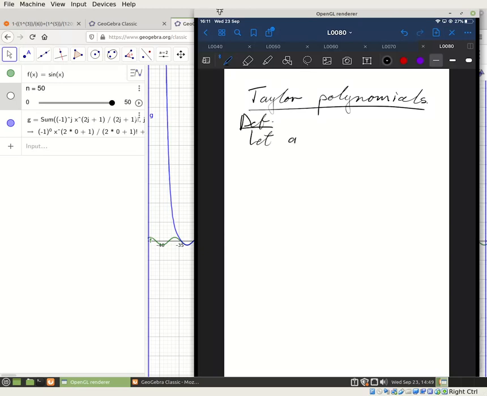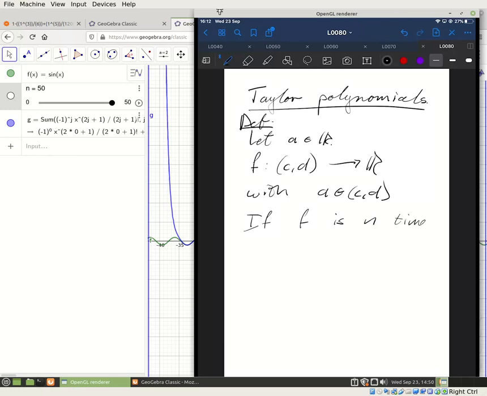Definition: let A be some real number, and let f be a function on an open interval containing A. Actually, let me write it this way: f is a function on an open interval from C to D to R, with A in the open interval C to D. Then if f is n times differentiable at A, then we define